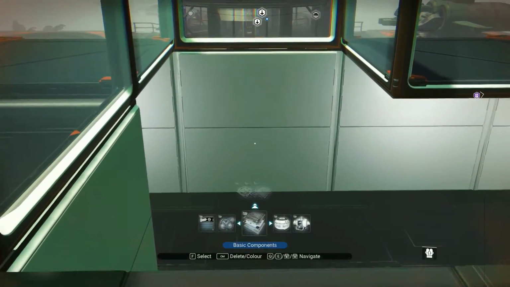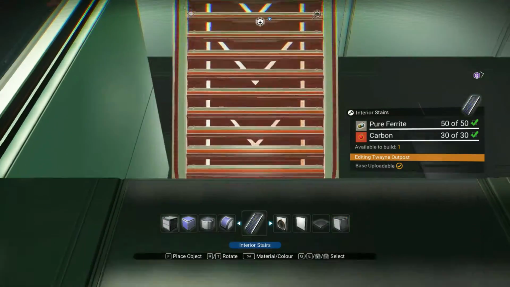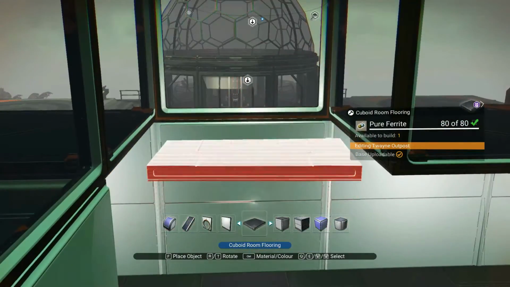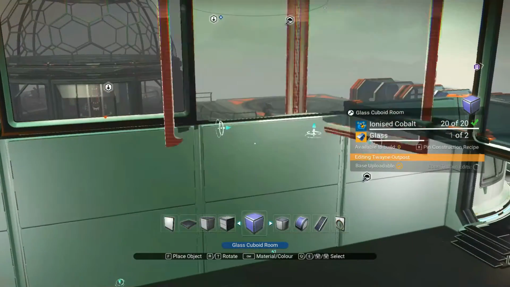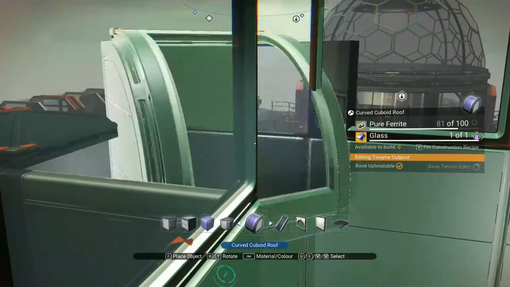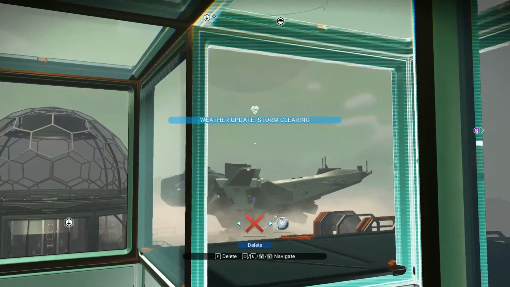Why would the stairs not be snapping here? I think we're really just shy of the resources we need to really go hog wild with this. Oh, look at these interior doors. Flooring. Okay, room, solid cube, glass room, curved wall. And then, of course, we have the foundations for...